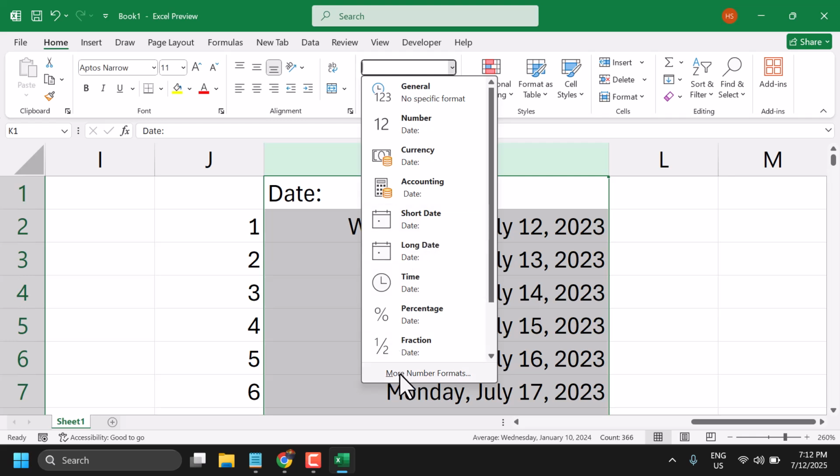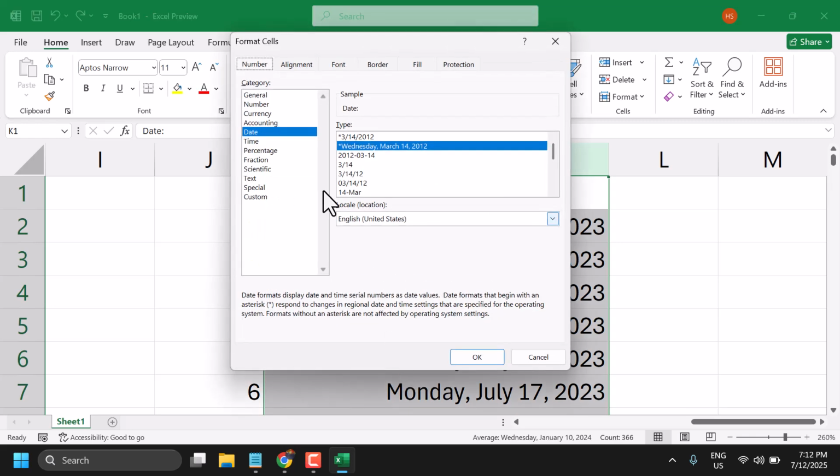Even more formats here, select date and select your required format